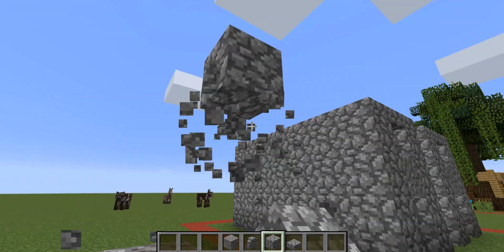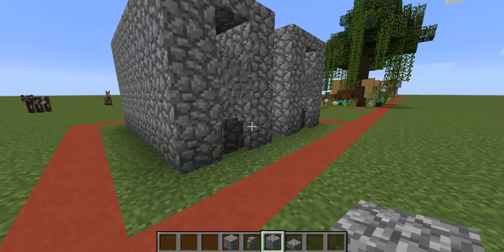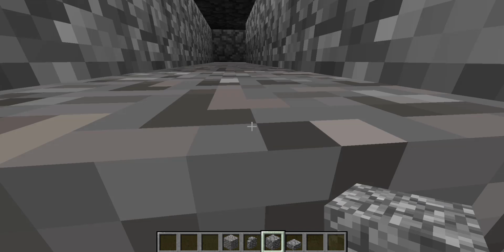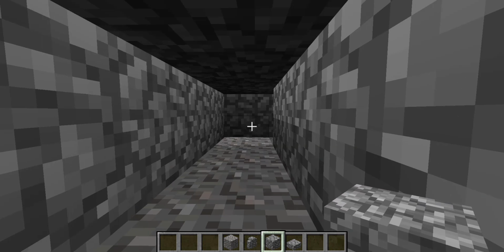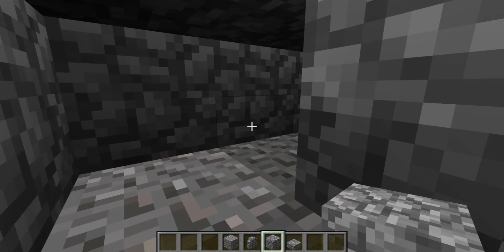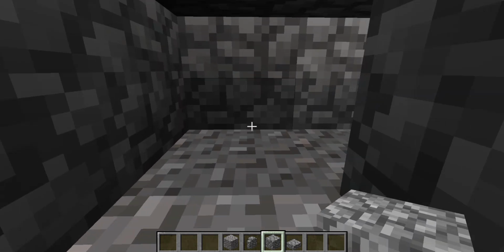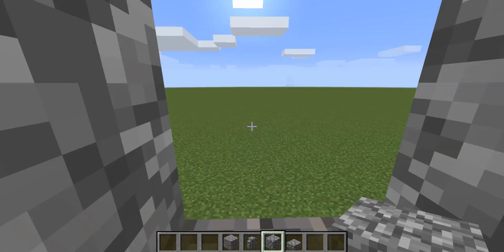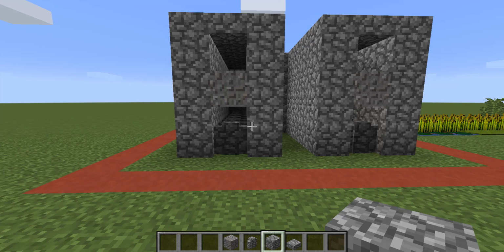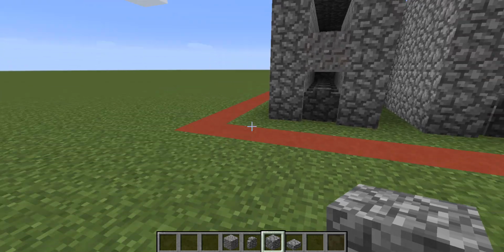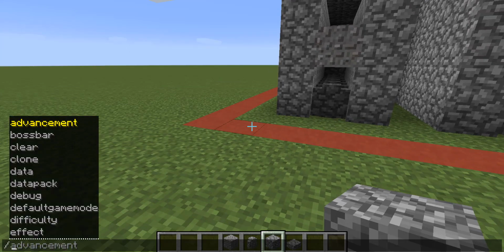How you can use this is I made it this way as a tunnel. So you can have a one block tunnel without using command blocks. And this would be really useful for adventure maps in case you, for example, press effect